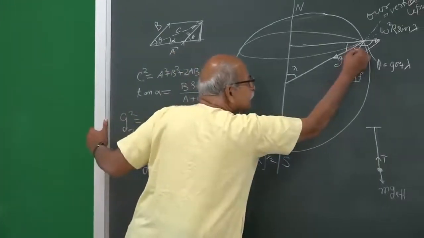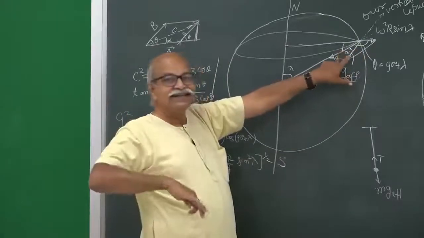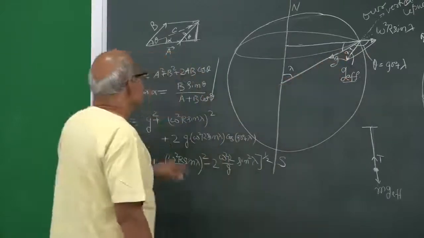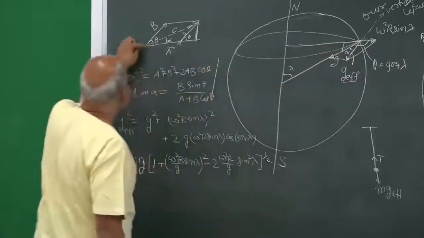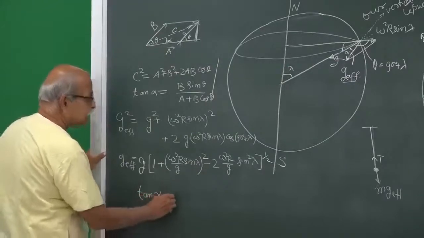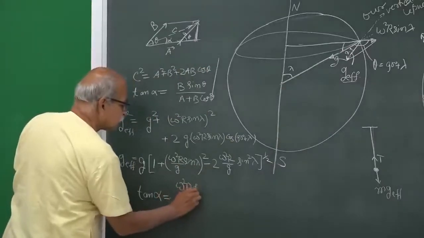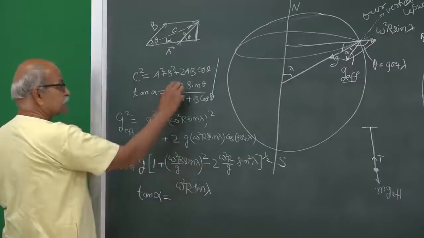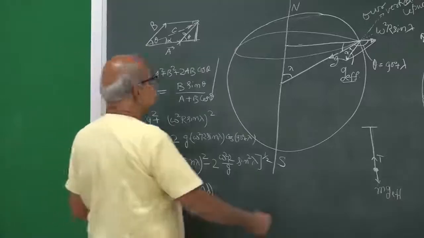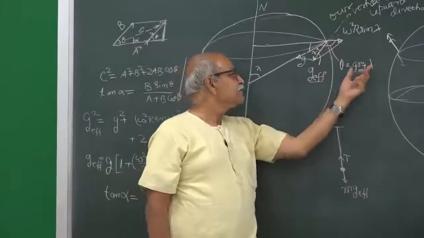And the direction: how much is this angle alpha from the true vertical, how much is our vertical deviated. So, that angle is alpha. So, tan alpha is, it is from the G. So, if it is from A, then this formula is used. So, tan alpha will be the other vector omega square r sin lambda, it is this B, and then multiplied by sine of theta. Theta is the angle between A and B. So, theta is the angle between these two vectors, which is 90 degree plus lambda.